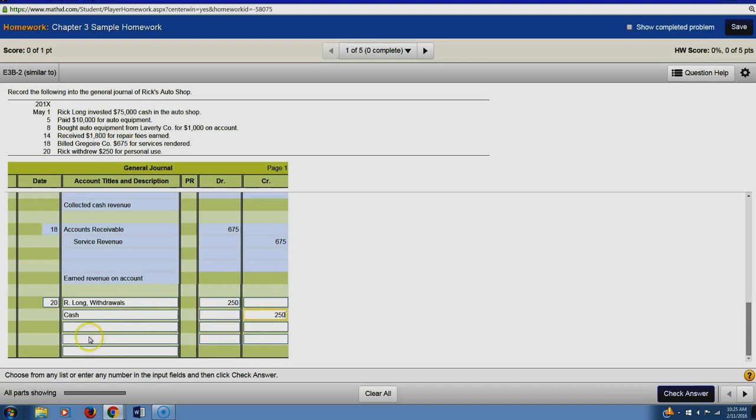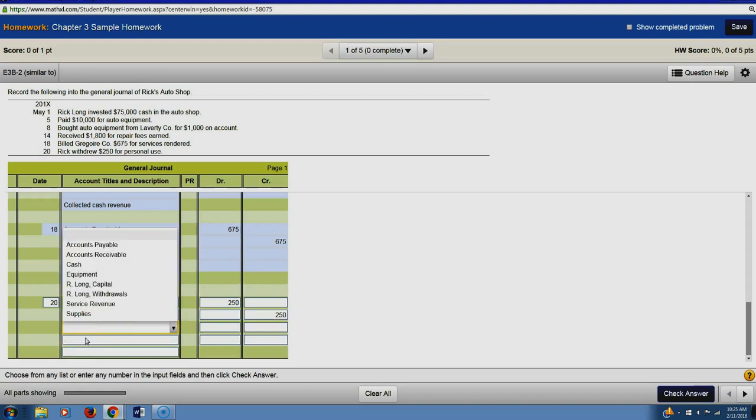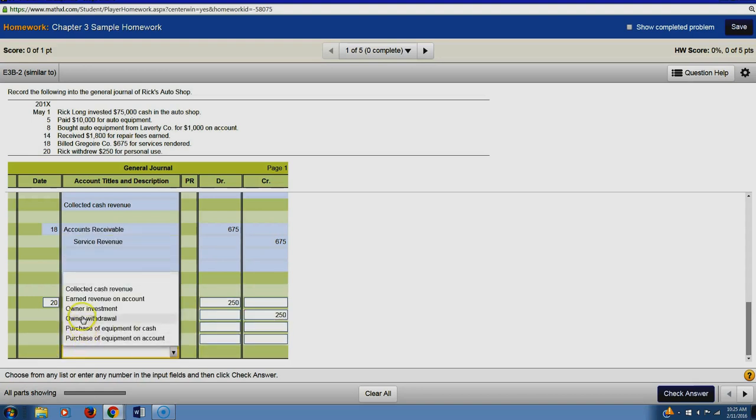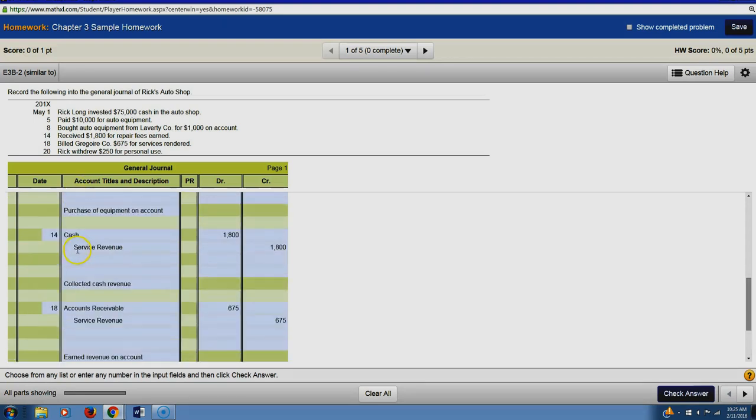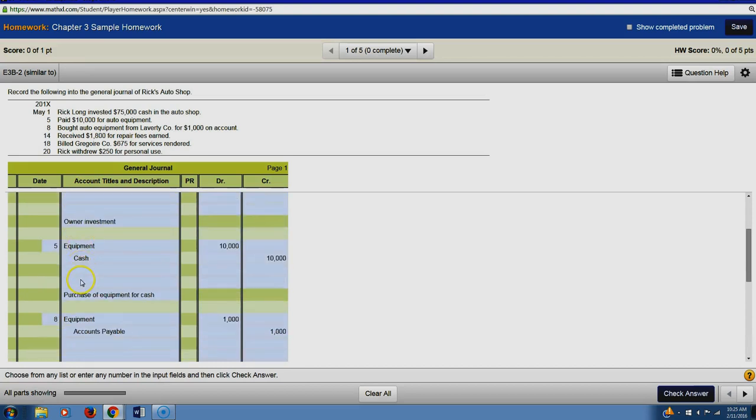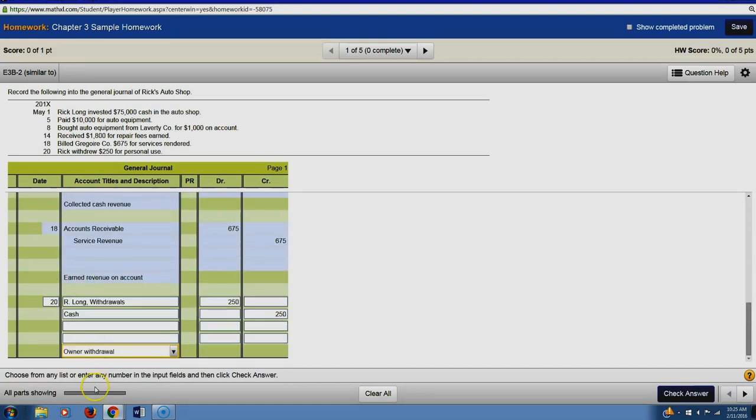So I think we're pretty much set with this. Let me show the explanations, they are way down here. And owner withdrawal, that's it. Like I said, these typically are entered right underneath the last credit. So debits go first, credits go second, and that's it on this little exercise. So that didn't take long. But again, the next step